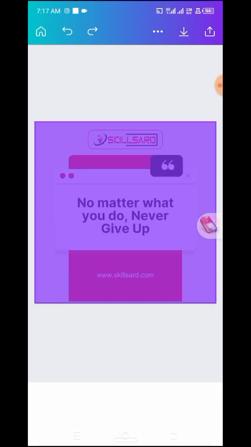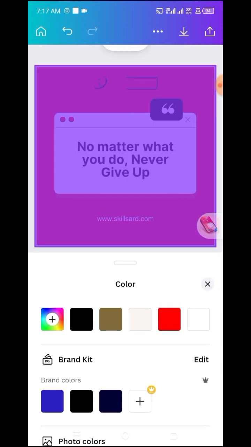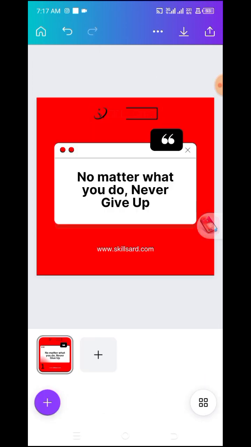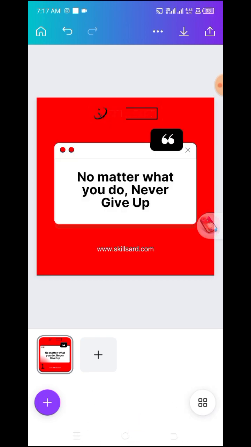Now let's go to the color. Now let's select red. Now if we select red, all of the design will change to red. You see, our design has spoiled. Now what we need to do is look for, so what we need to do now is to look for